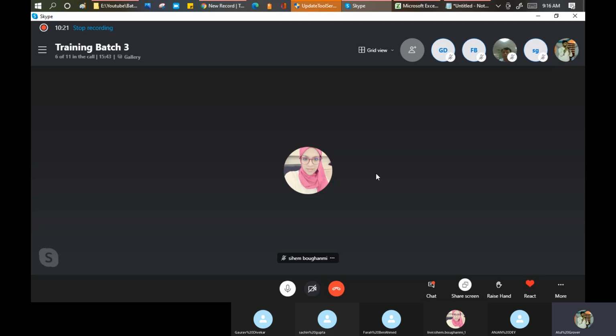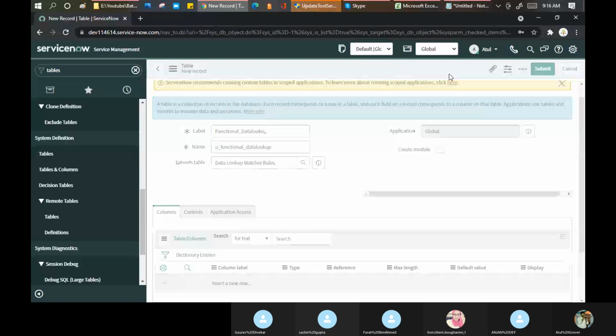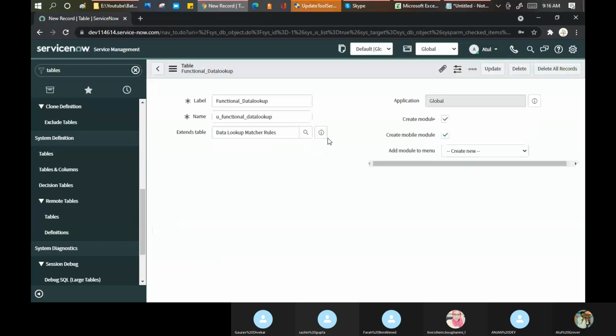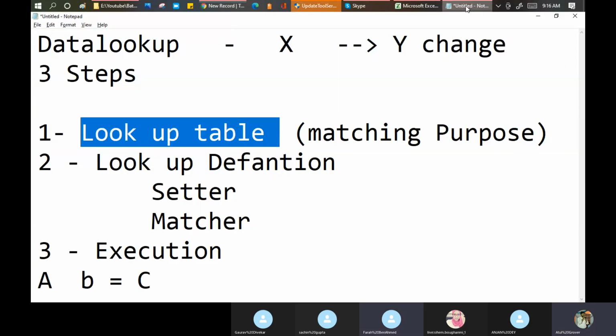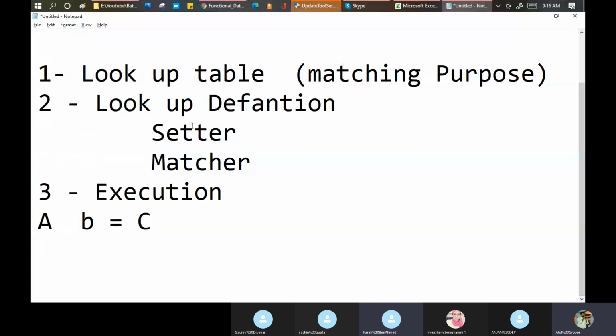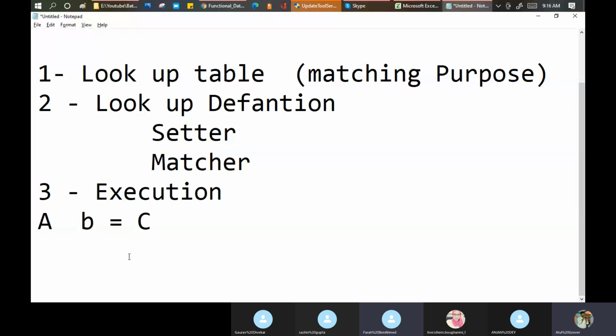Okay. So now I'm doing this part. Let me click on save here. So the first step is creating the lookup table. Okay, this is the first step that we just did. What exercise are we doing now?